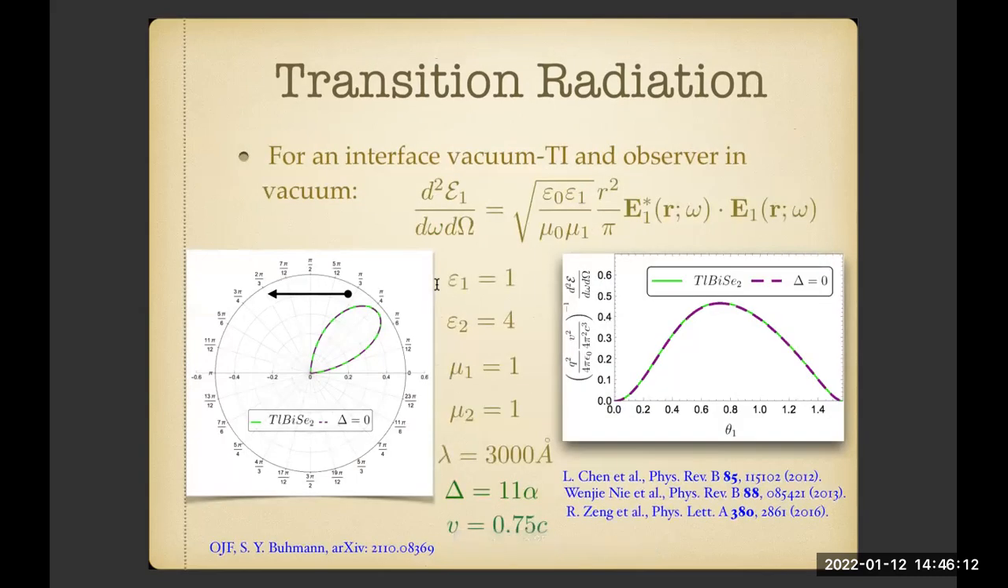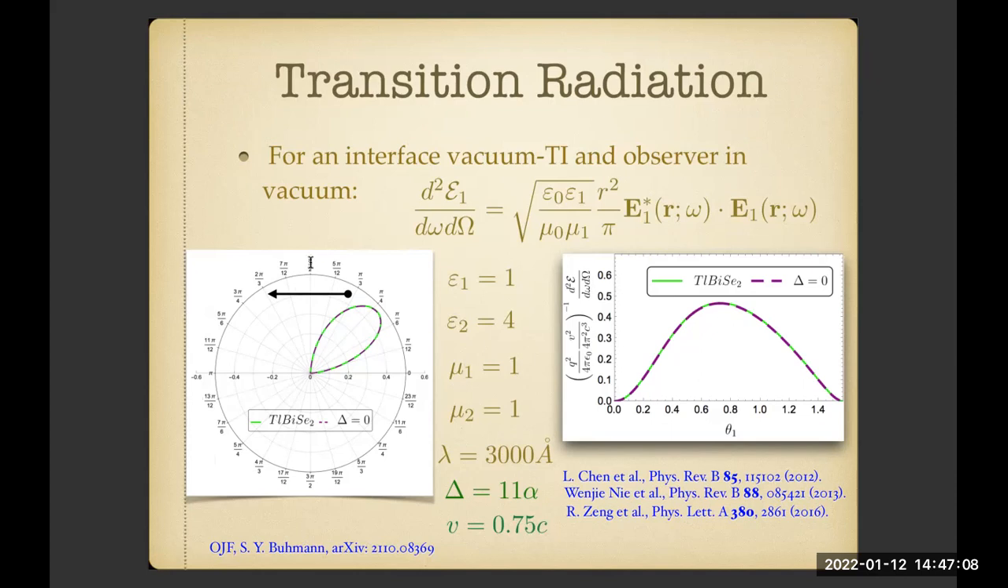So let's take some approximations here. Until this point, everything works quite well for permittivities and permeabilities that depend on the frequency also. But from this point and henceforth, I will restrict to constant permittivities and constant permeabilities. That allows me to obtain this expression for the angular distribution of the radiation. And here I show you the results for the polar plot, which is on the left side for this transition radiation. And for these parameters,